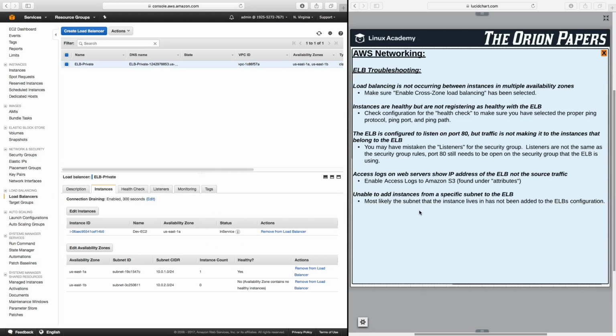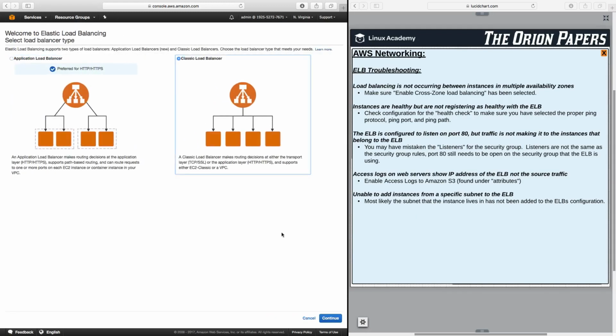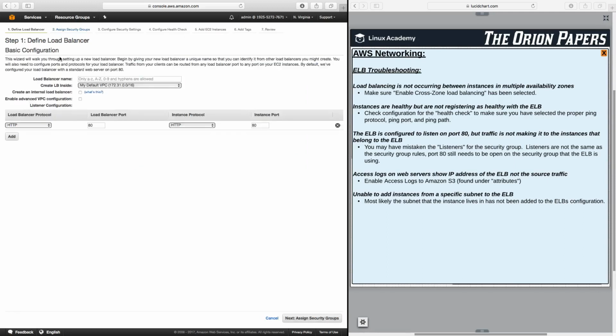Next, let's take a look and discuss that if an ELB is configured to listen on port 80, but traffic is not making it into the instance that belongs to the elastic load balancer. Well, what happens here is that you may have mistaken the listeners for the security group. When you go through the setup process of an elastic load balancer, one of the first things that you see here is the listener configuration. Now, it looks a lot like a security group, but it isn't. Later on in the configuration process,